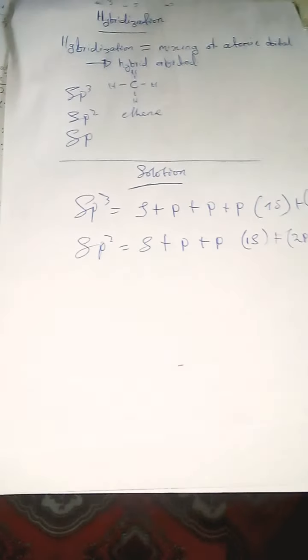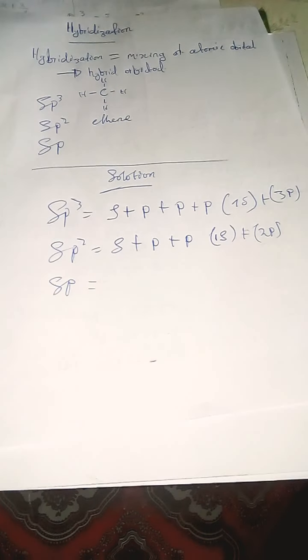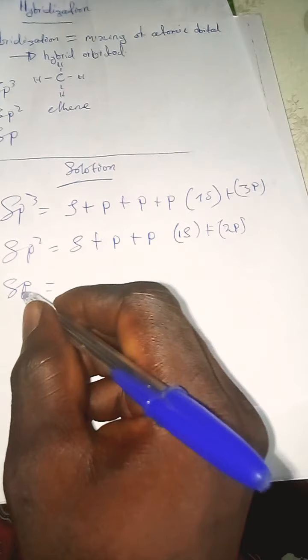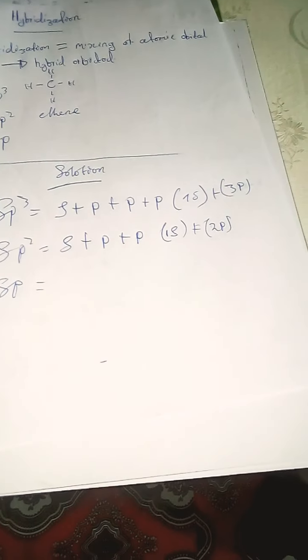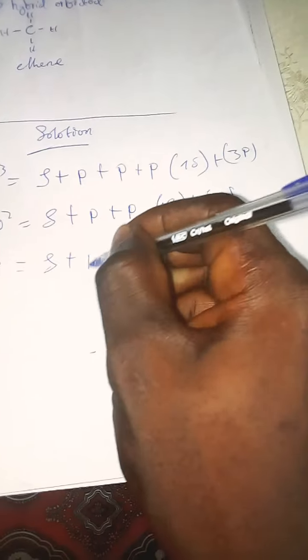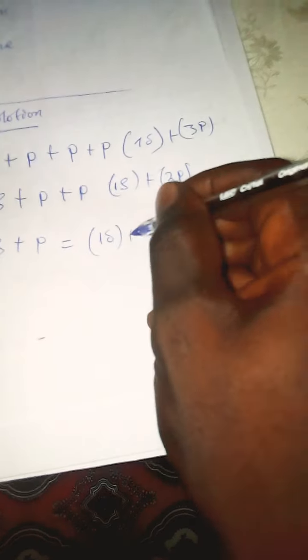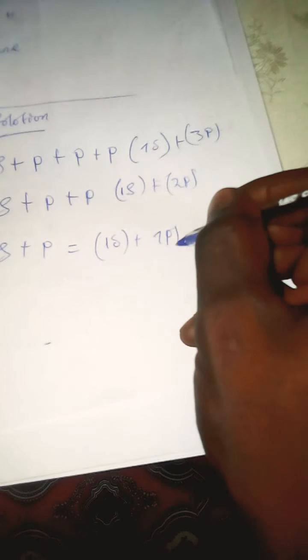And then we have the last type of hybridization, which is sp hybridization. What happens here is that you have only one s and one p. So our answer here should be the mixing of one s plus one p to generate